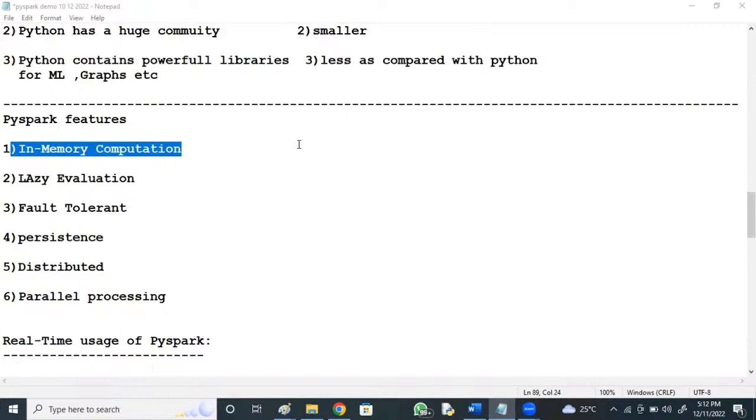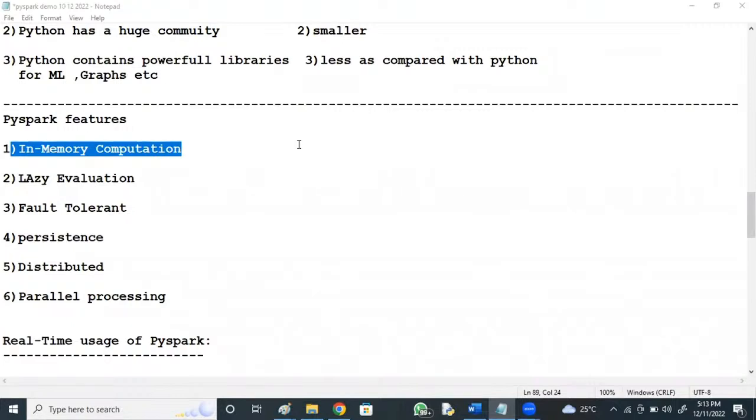But during the processing, as Spark processing happens at the cluster level with multiple machines, the data is distributed across multiple machines and processed in parallel. During this process, as they are machines, if any one slave goes down, Spark has a powerful fault tolerance mechanism. It can rebuild. There won't be any data loss and there won't be any job failure. I'll be discussing in brief about fault tolerance, how Spark is able to rebuild the data, and how it is recomputing.